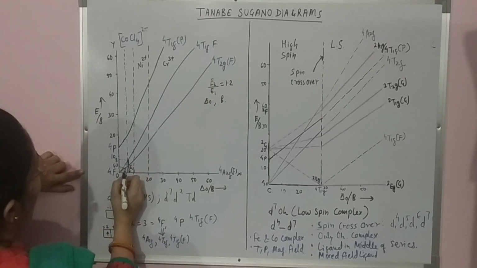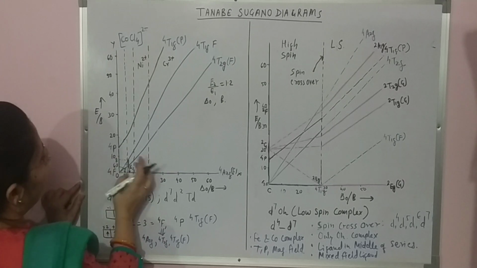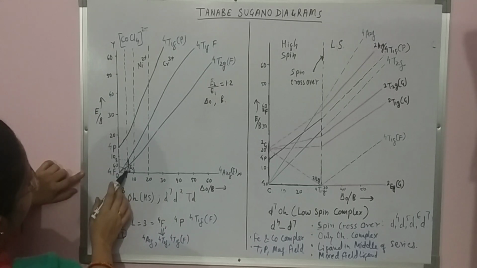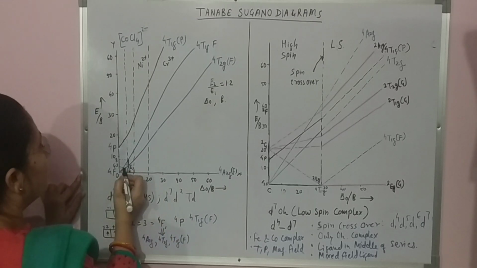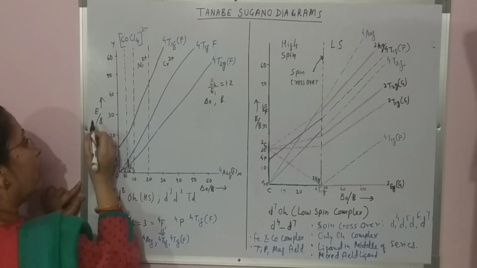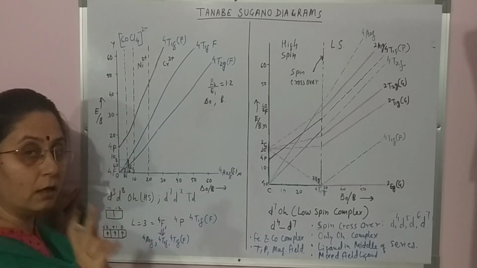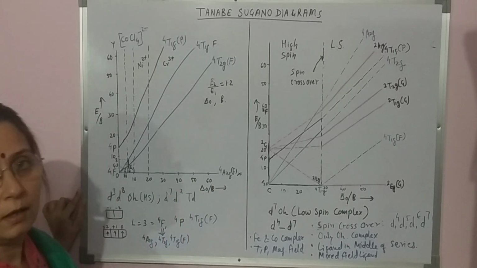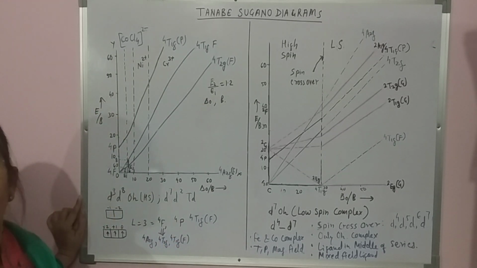So there will be two spectral lines which can be obtained, and by the ratio of the spectral lines we can get the value of E upon B. So we already know E, the energy of the spectral line. Any of the spectral lines we can select, and from that line we can get the ratio E upon B, and since we already know the value of E for that line and we are getting the ratio here, we can find the value of B as we did earlier, and with the help of B we can find the value of delta O for a certain spectral line. So like that we can calculate the value of delta O and B with the help of these TS diagrams.